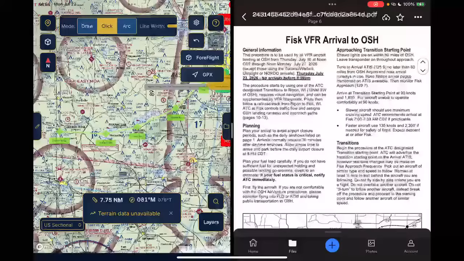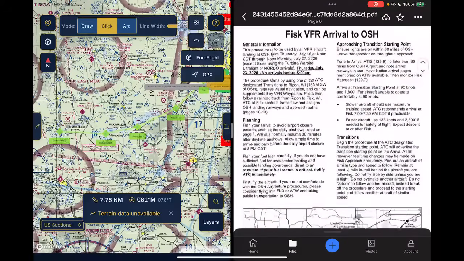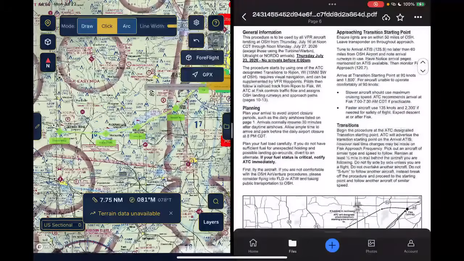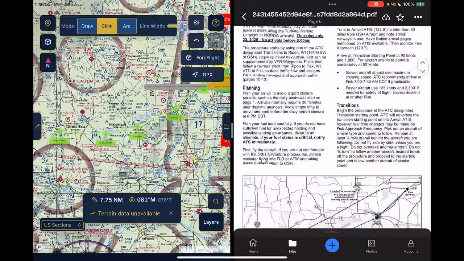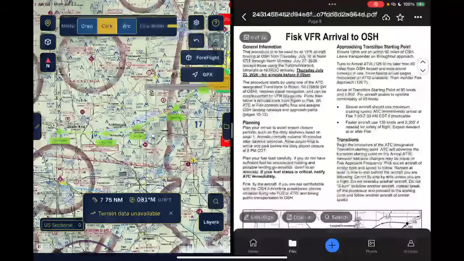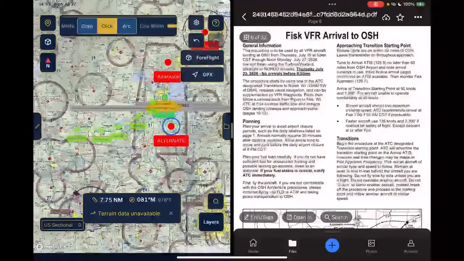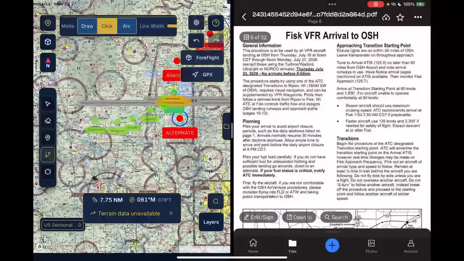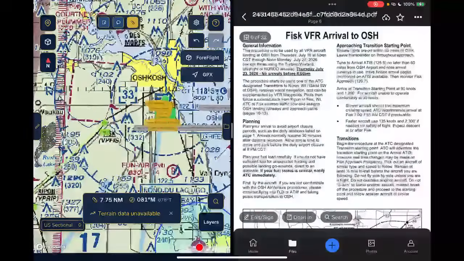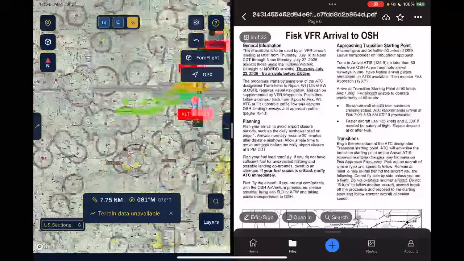Transition starting point. Okay, approaching transition starting point. Ensure lights are on within 50 miles of OSH. Okay, so let's do this. There is a specific note here that says lights need to be on within 50 miles, regardless of the time of day. So I'm going to measure 50 nautical miles here and put